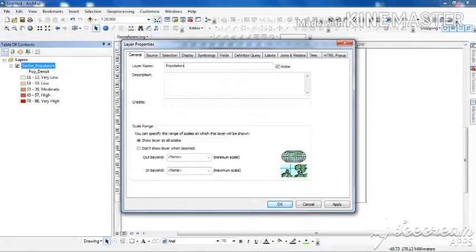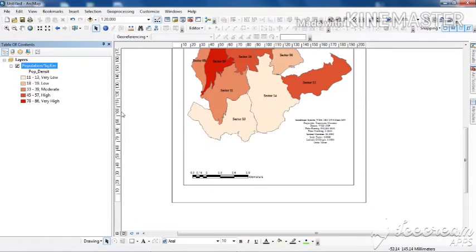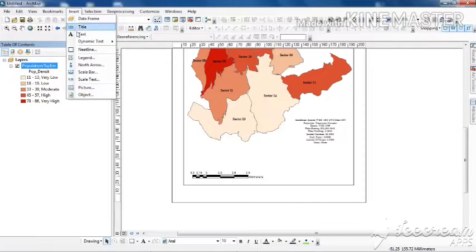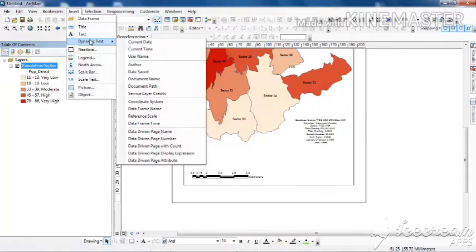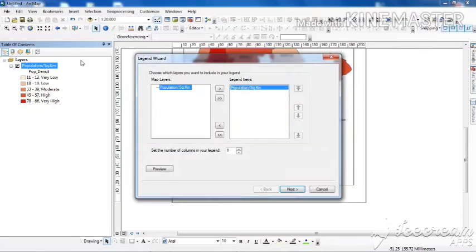Population per square kilometer, the number of people residing in terms of the total geographical area. So that is why I am using population per square kilometer. I am specifying it, and because I am specifying my data in terms of the kilometer, hence I will just simply go to insert. I will just go to the legend.